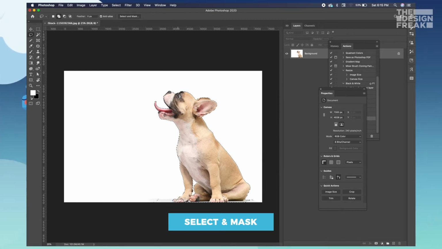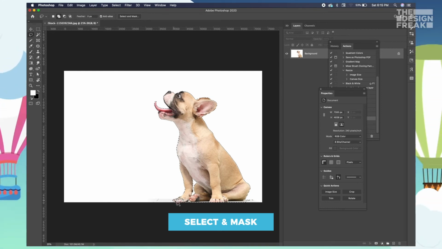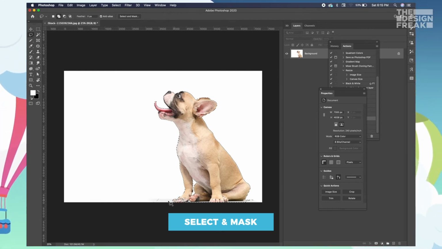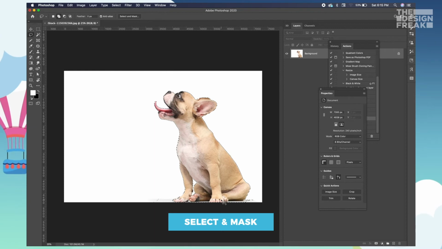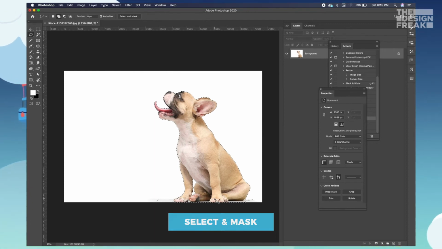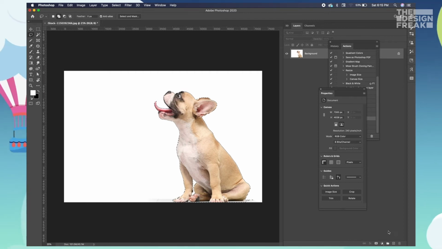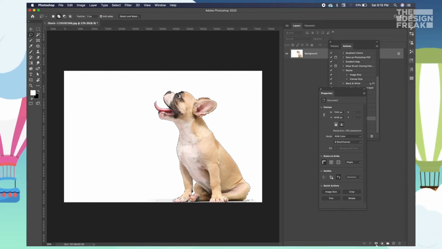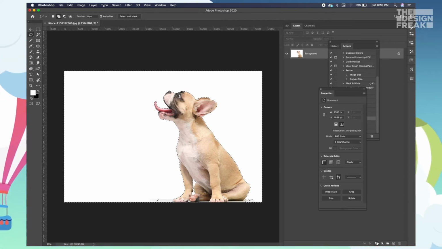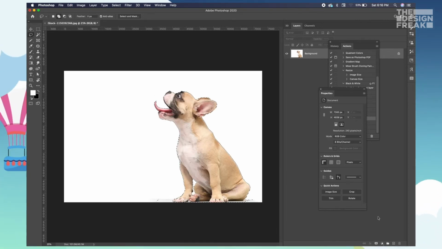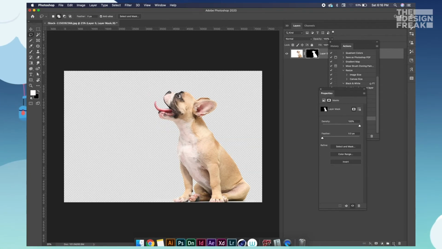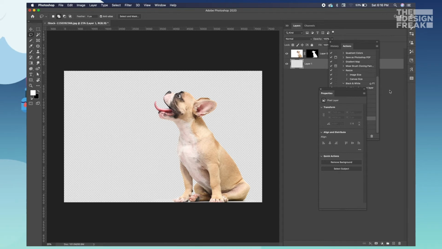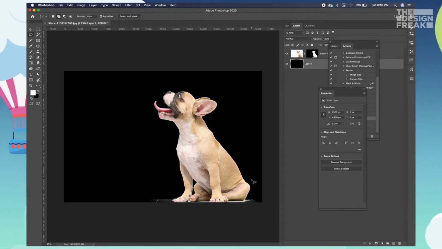Done. This is done. You can simply add your selection. Make sure that all of this is a little cleaner than what your color range has done for you. Once this is done, you can simply take a mask and mask it out right here. Now you can add a background layer to see whether the selection is proper or not.